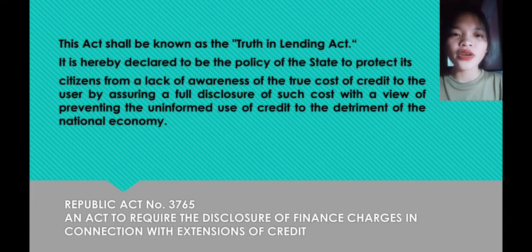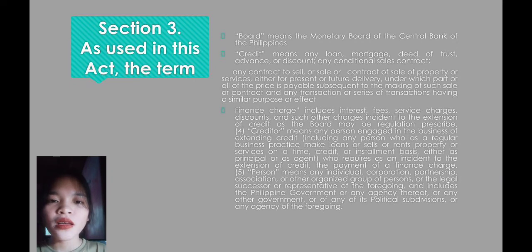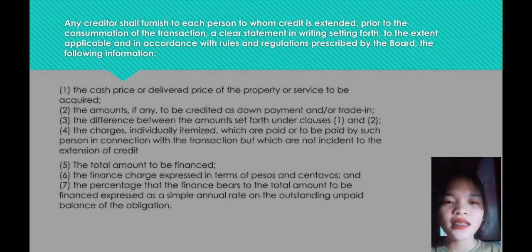In Section 3 of this Act, you will learn the meaning of the terms used, such as board, credit, finance charge, creditor, and person. As stated in Section 4 of this Act, any creditor shall furnish to each person to whom credit is extended, prior to the consummation of the transaction, a clear statement in writing setting forth, to the extent applicable and in accordance with the rules and regulations prescribed by the board,